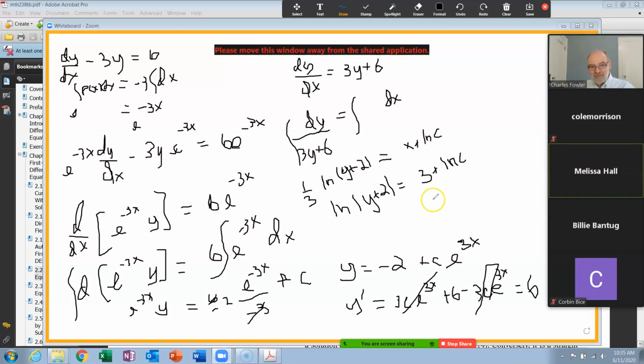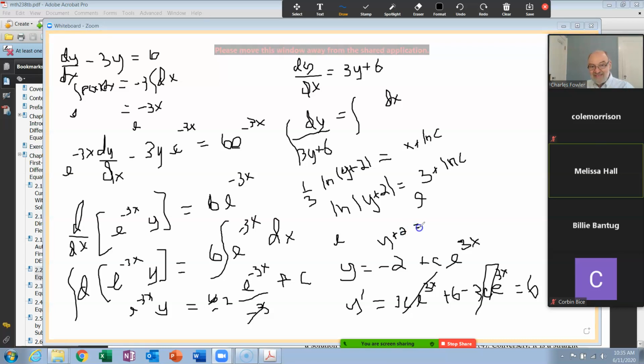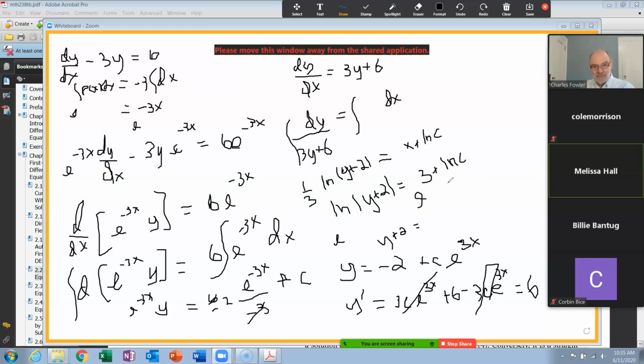Now I'm going to E both sides. That's the silly way to say it. If you E this one and E this one, this gives you y plus 2. You could still put the absolute value on it, but you'll see in a minute, once you E both sides, E is never negative, so you don't need the absolute value on it. So this now gives you a product. The exponential of a sum is the product of their exponentials. That's e to the,